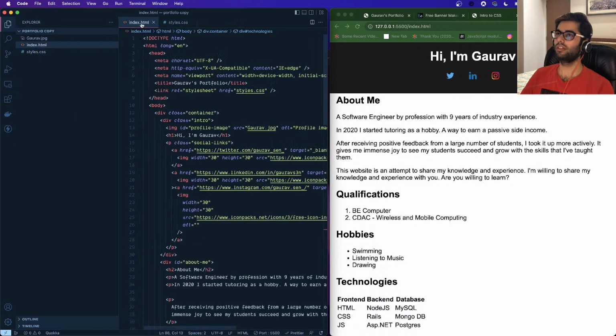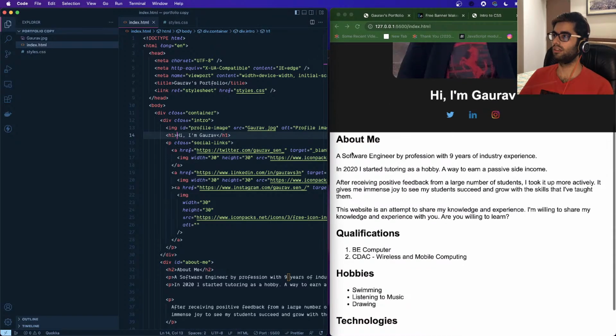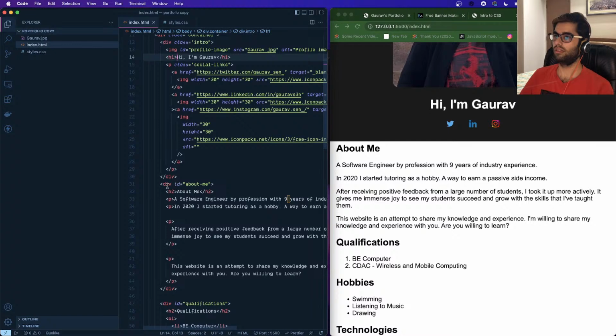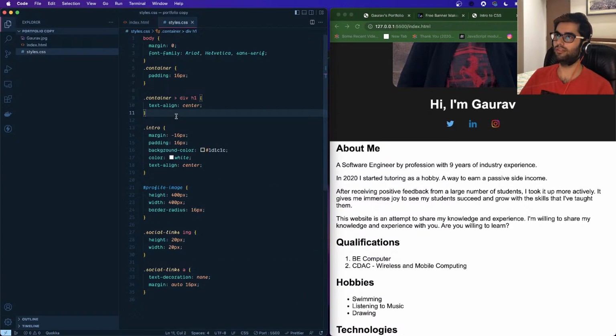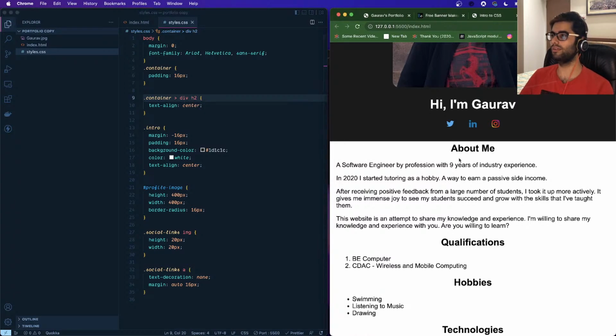Okay, and let's see what happened. Oh, we are making use of the h2 tags, so that's why this didn't work. So I need to change this to h2, and now you can see that all of the first divs,